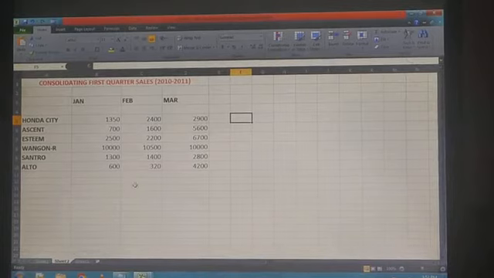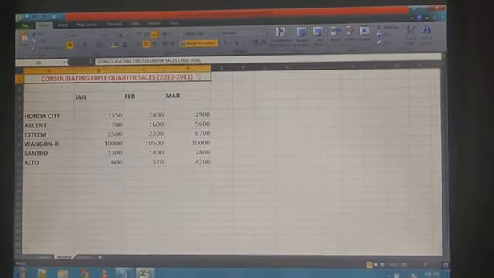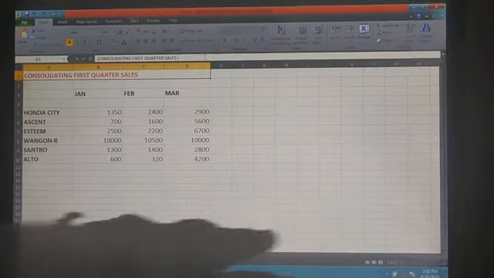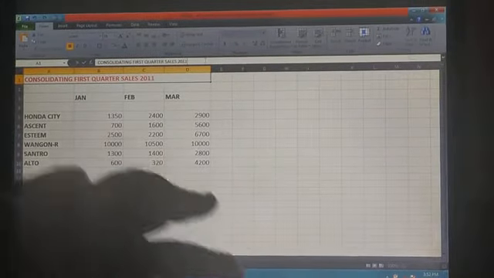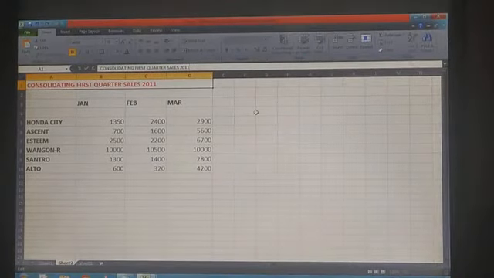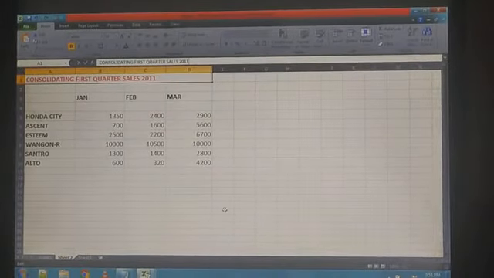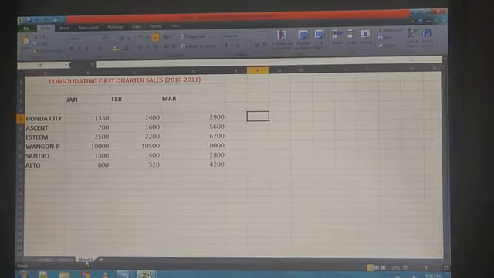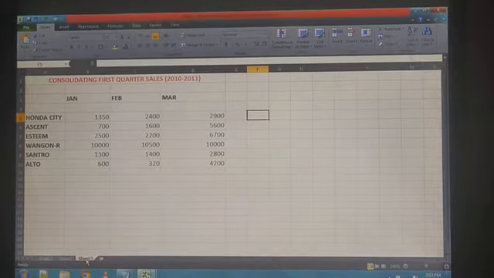Now you have to change your heading, that is for 2011, that is sheet 2. So, consolidating data for 2011, and this is sheet 3, that is consolidating first quarter sales, that is for 2010 and 2011.